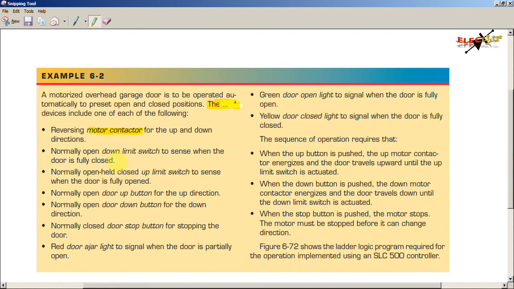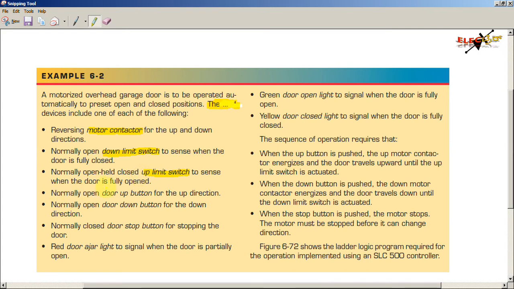And a normally open down limit switch is provided to sense when the door is fully closed, and a normally open, held closed up limit switch is used to sense when the door is fully opened. Here this limit switch is normally open, but it is closed when the door is at the up limit switch.